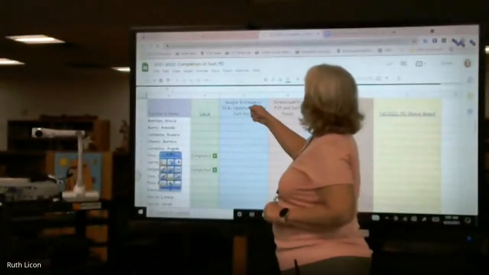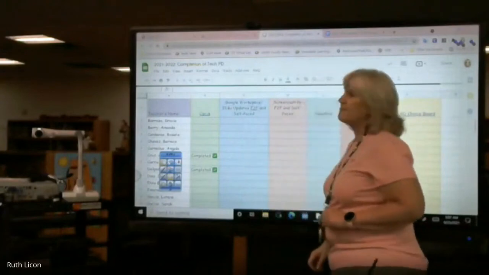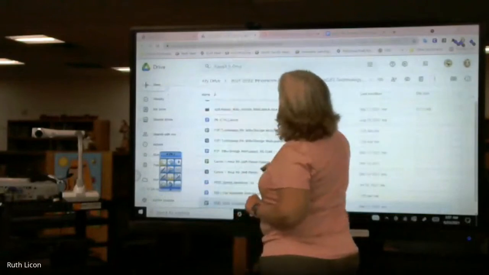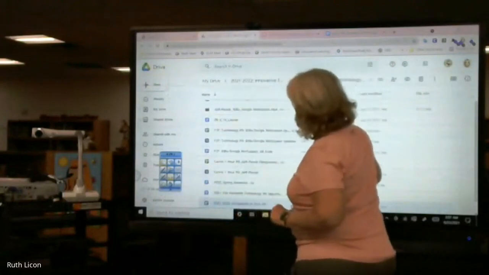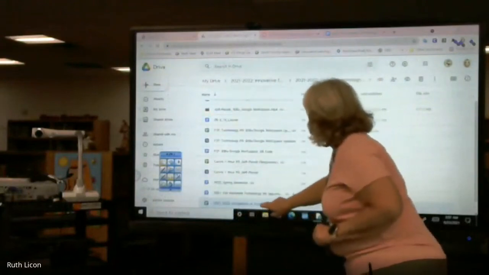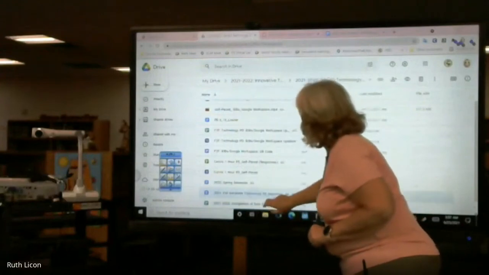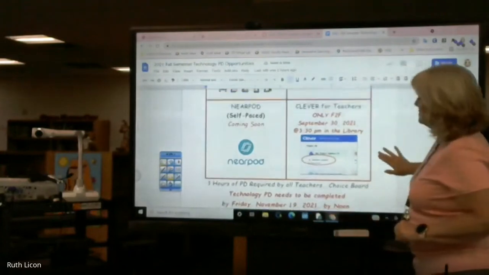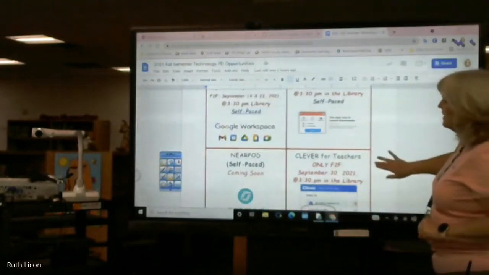What's this one called? This is the fall. This one I put in the prospector. This one is the IDB board one. Here's the fall. So we have to go do that? You're going to do that. Okay. So it's all right here. So if you click on the links,